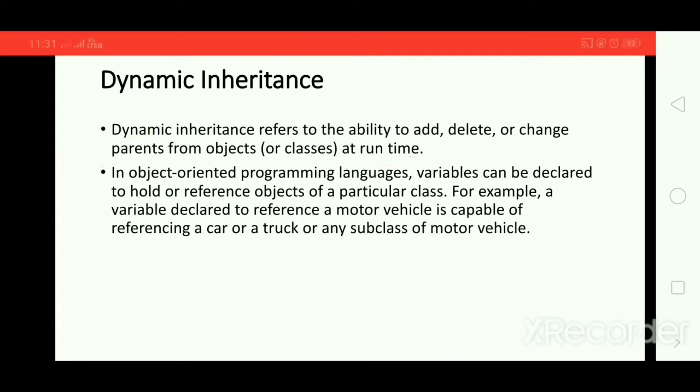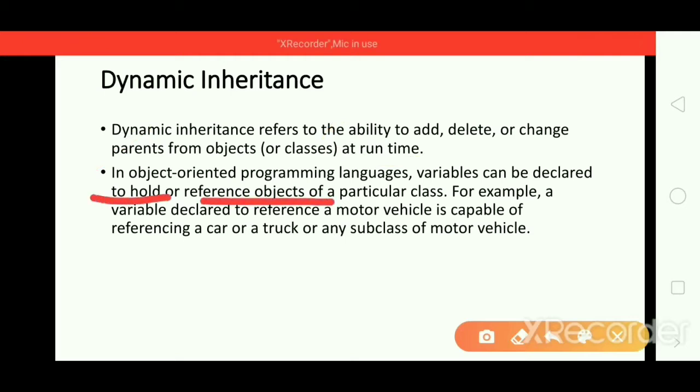In object oriented programming languages, variables can be declared to hold or reference objects of a particular class.